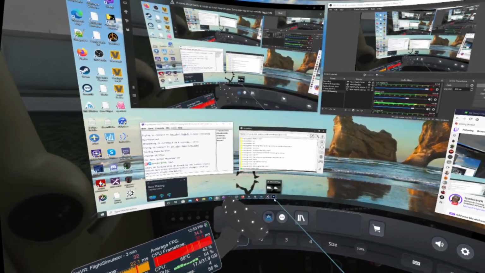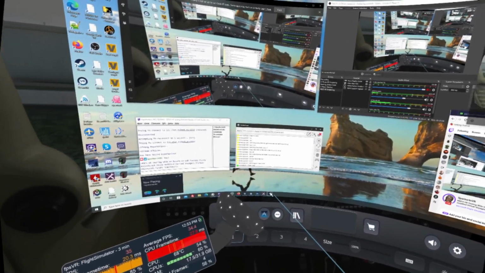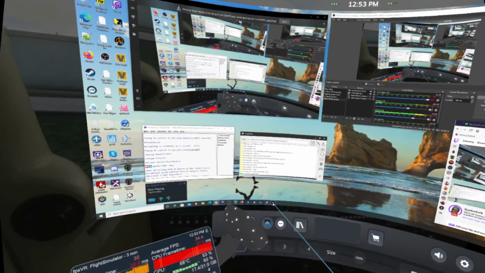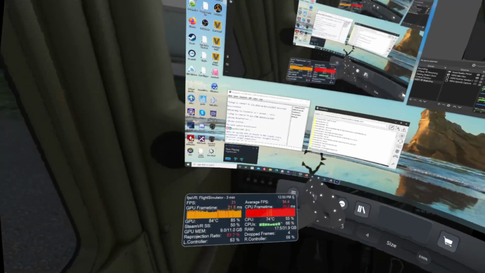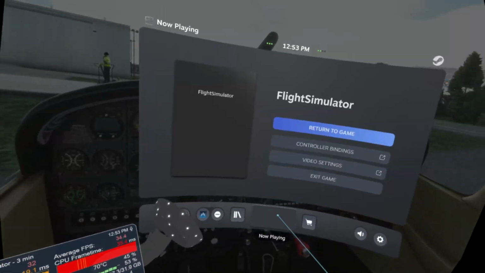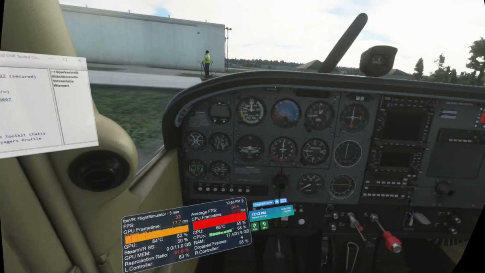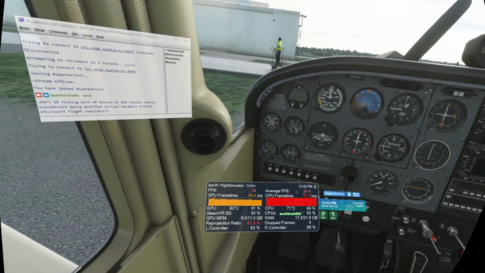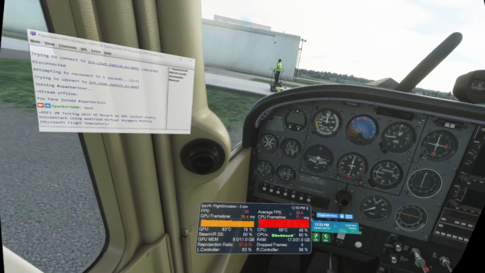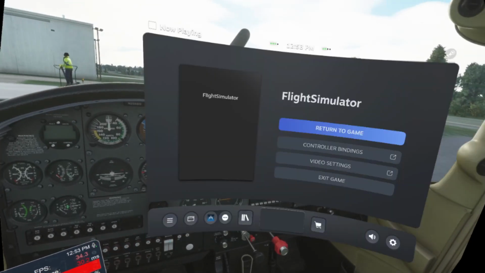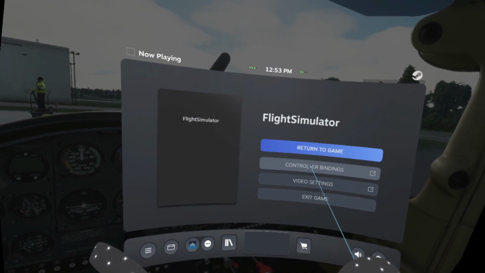And only in the middle. That's really weird. That's too crazy. But it doesn't appear like it has anything to do with the frame time at all. So the other thing I can do is go over to controller bindings, and